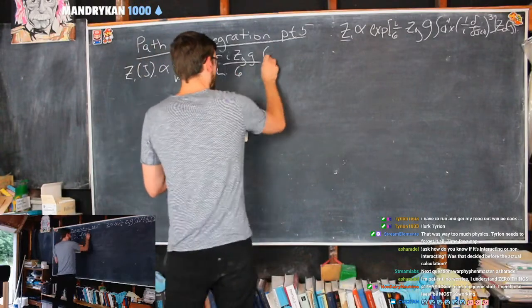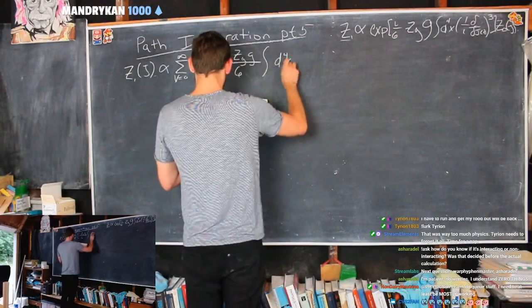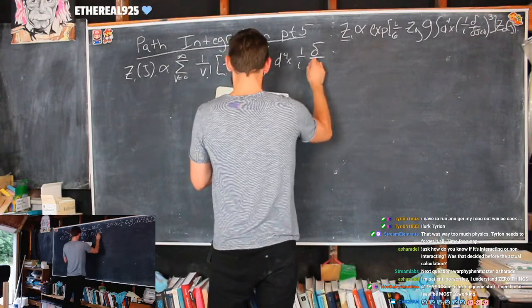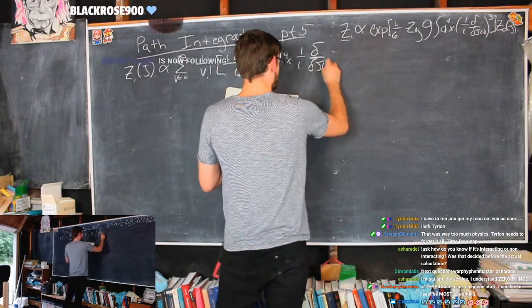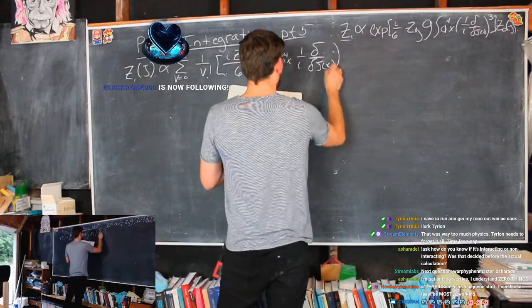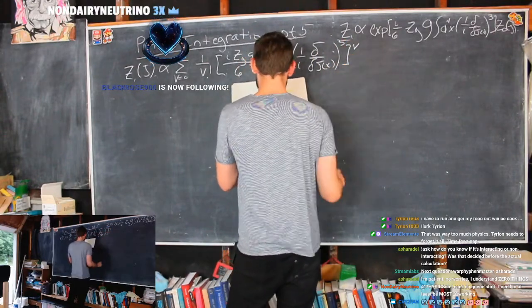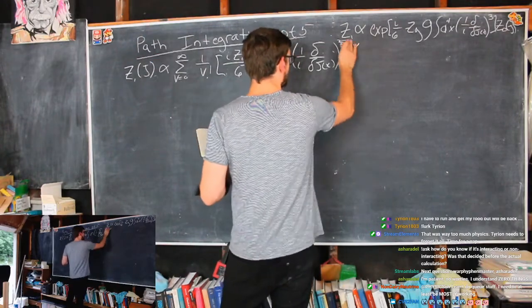And then the integral of d^4x_1 over 6, i times the functional derivative with respect to J(x), where this is cubed, and this whole thing is brought to the v, and this is times